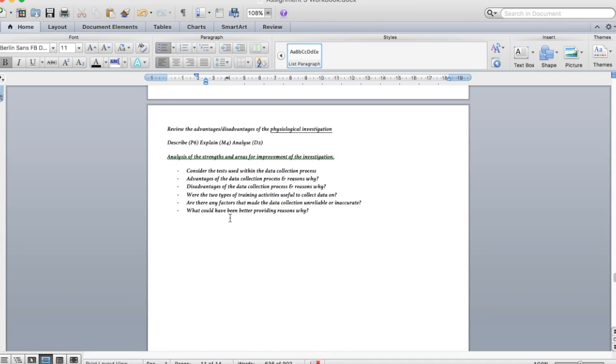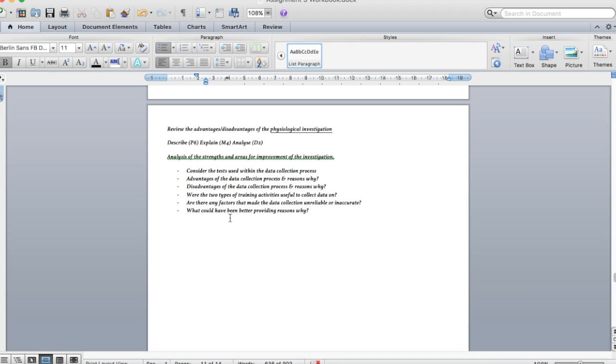When we move on, this is almost the last part. There's one bit after this. We're going to review the advantages and disadvantages of the physiological investigation. So the first thing is to consider the tests used within the data collection process. So when we look at heart rate, breathing rate and RPE,